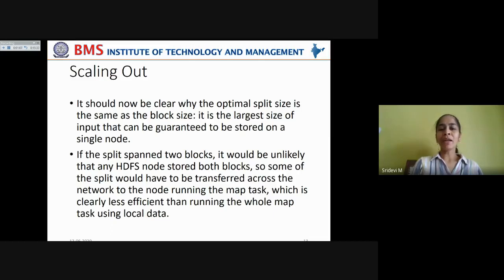But if you span a single block over multiple nodes, then you have to transfer data onto the node where the map job is actually executing. That is why a block of data should always reside on a single node rather than being divided and distributed onto multiple nodes. Remember, a file is divided into blocks. Blocks should not be divided further.